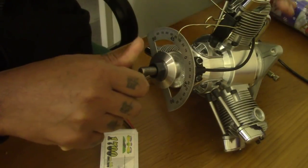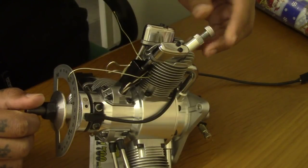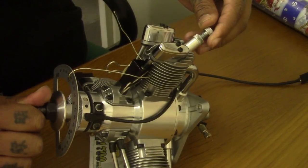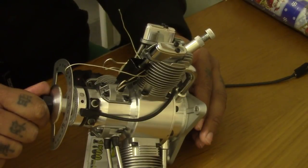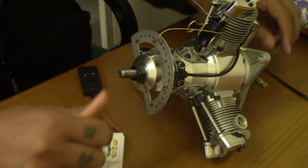There. And then I'm gonna put my piston stop in till it hits the piston. Yep, I can see it there moving. So that's gonna hold the piston there. So I know definitely, no matter if I move that back and forth, it's at 30 degrees every time it hits the piston back. So now